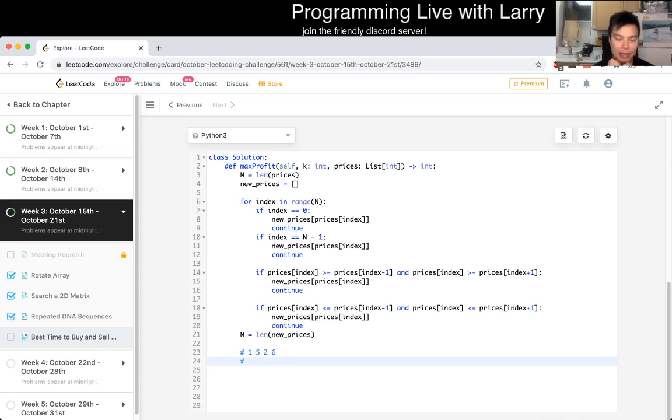So the way that I would think about it is, let's say we have this case, right? And you have to choose between either one transaction, you do 1 to 6, which is equal to profit of 5, or two transactions, you do 1 to 5 and then plus 2 to 6, which is 4 plus 4, which is 8, right? So that part is obvious, but I think